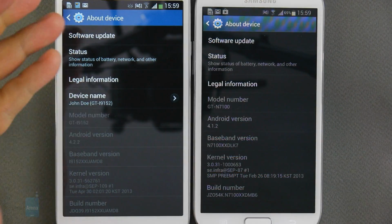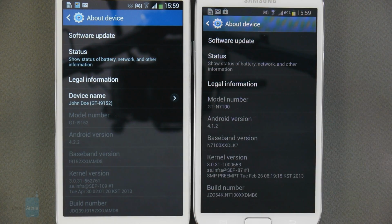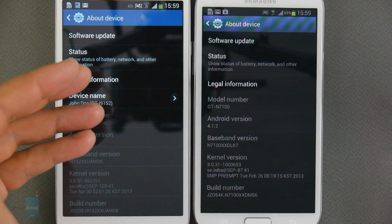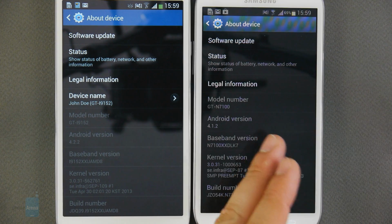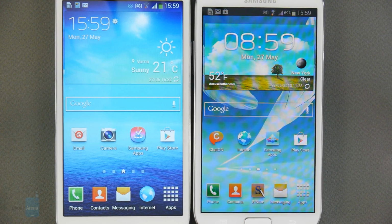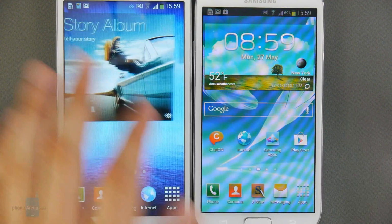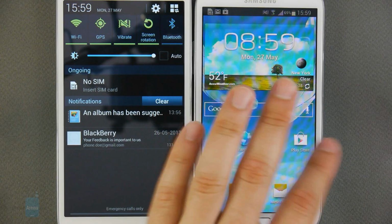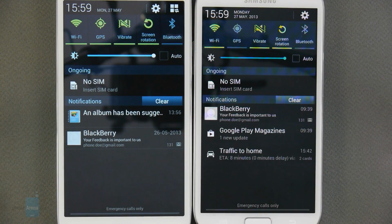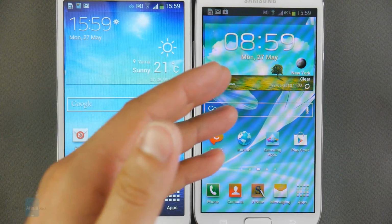One of the very few advantages that the Samsung Galaxy Mega 5.8 has over the Galaxy Note 2 is that it comes with a more recent Android version, Android 4.2.2 versus Android 4.1.2, which still runs on the Galaxy Note 2. The differences between these two versions, however, are mostly minor. In fact, both smartphones offer a very similar feature set since they come with Samsung's TouchWiz user interface. Regardless of which one you pick, you will still get extras exclusive to Samsung devices, such as Smart Stay, S-Voice,